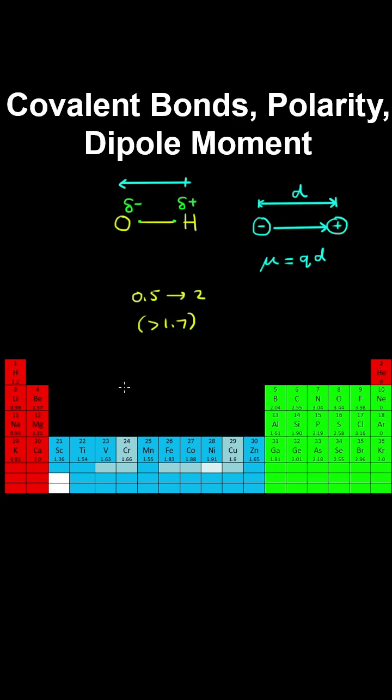So polar covalent bonds can also occur between a metal and non-metal, such as beryllium and chlorine in beryllium chloride. As we can see, the difference in electronegativity is less than 2. So we need to examine the properties of the compound and the electronegativity together to determine if the bond is